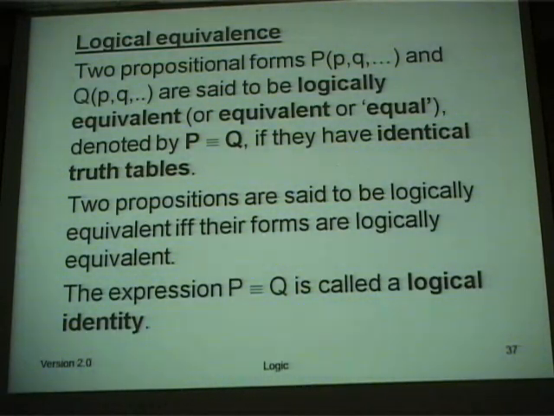P imply Q, right? And you know that this is logically equivalent to this. This is a well-known result, right? So this is logically equivalent to this one. And what is the difference? What is the advantage of this one? This is the conditional statement. This is the disjunction. And if you want to eliminate